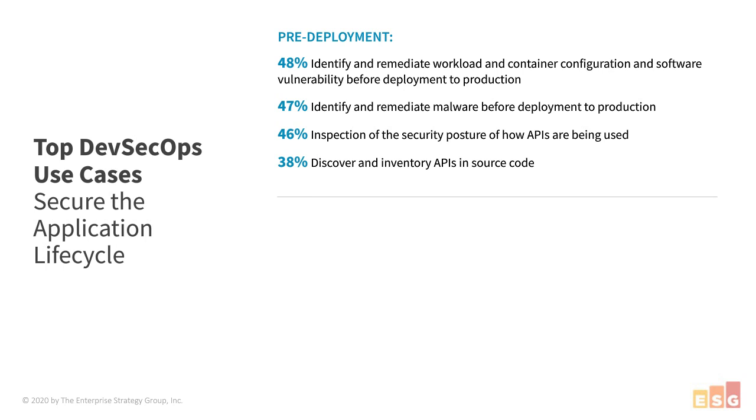So it's basically automated hardening of your server workloads before you push into prod. And that's highly repeatable. Once you codify that, you can repeat it across other projects for scale. Certainly, we don't want to push into production with malware. We want to have inspection and security posture of the API, so that's also pragmatic for me because you want to understand how increased use of APIs changes your threat model, which includes discovering and doing an inventory of the APIs that you're using in your source code.